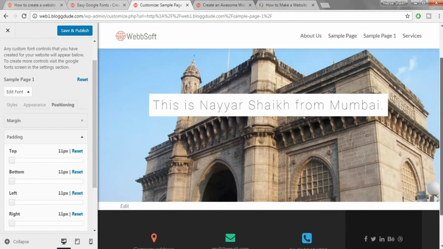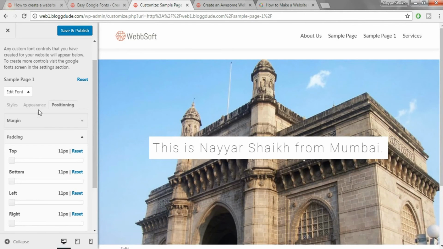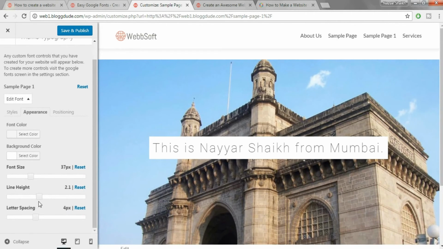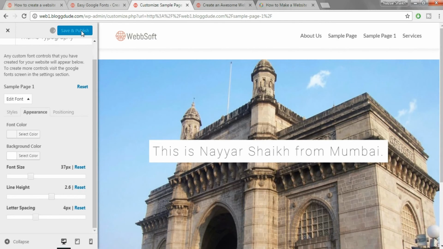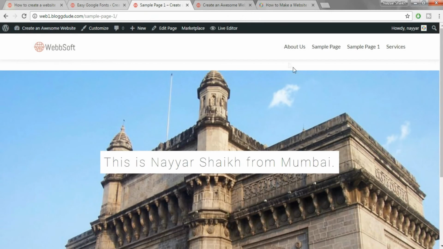Okay, this looks beautiful. Now coming to the appearances, increase the line height more because we want this image in one whole page. So once you're done with that, click on save and publish. Now cancel this and let's see the page. As you can see, we can see the page, but still there is a gap between the header and